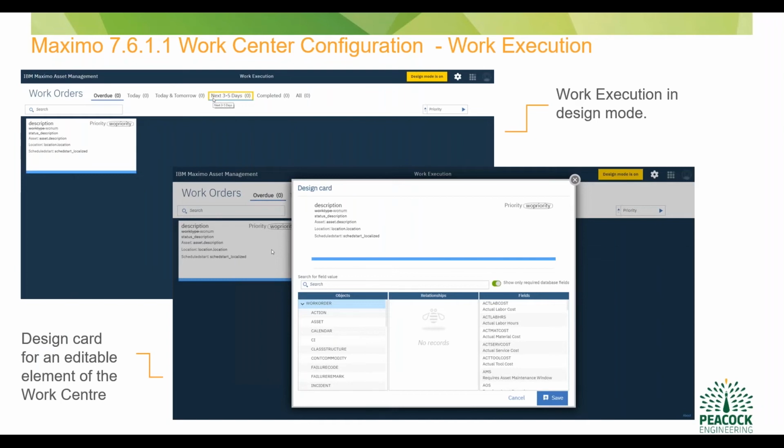So this is me, I've tapped on design mode, which is the pencil. It's pushed me into design mode, and then I get an editable view of the work execution work centre. You can't edit everything. As you go through